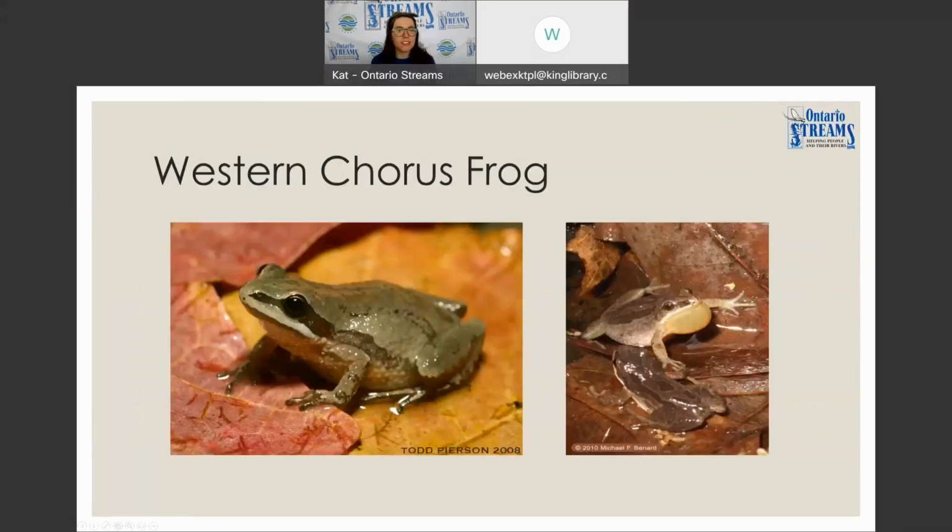So to switch gears, let's look at a different kind of animal here. We have a western chorus frog. These are pretty small frogs that we would find around here, about 4 centimeters long maximum, so pretty tiny little frogs. They are really known for their dark kind of superhero mask over their eyes, and then they've got nice white lipstick on, and those are two big features that we look for to try and identify a western